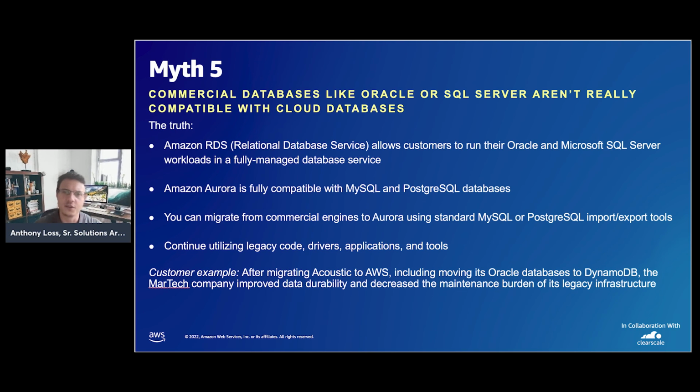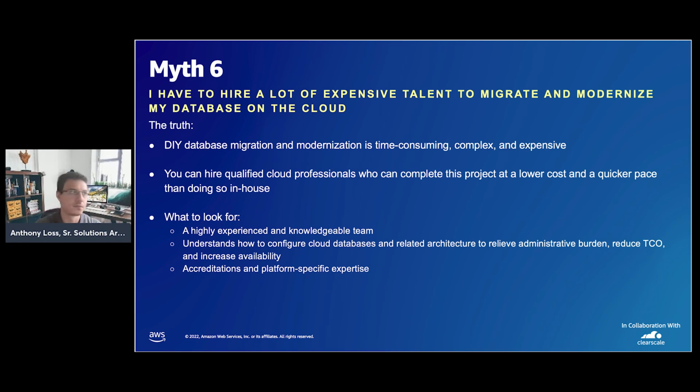configure it, EC2 with managed services in the background, such as automated patching or caching services, is a great option that we're seeing with a ton of enterprise customers. And then along with that, you could use those reserved instances or savings plans that I talked about previously to decrease your total cost. Myth number 6, and our last myth: I have